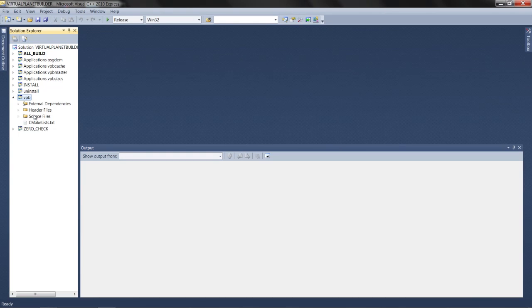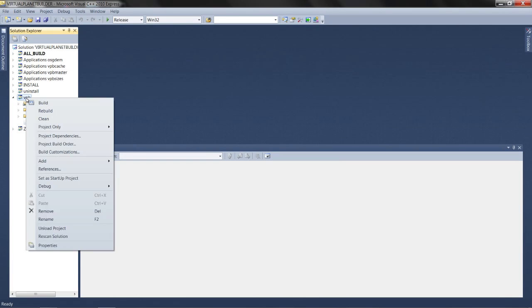And there's a slight issue in Microsoft's compiler, which under Virtual Plant Builder, the only way you can fix it is to